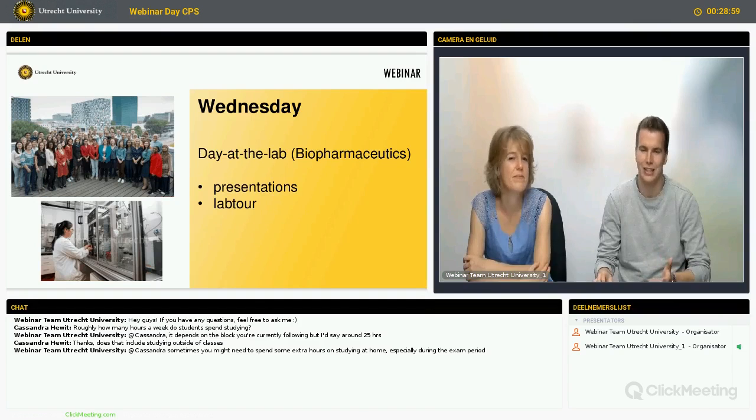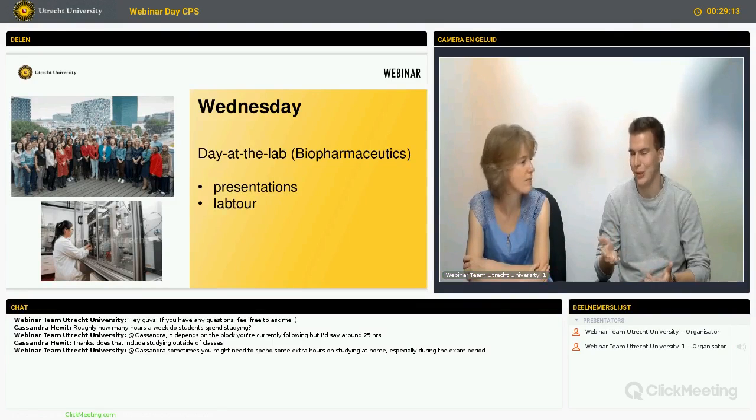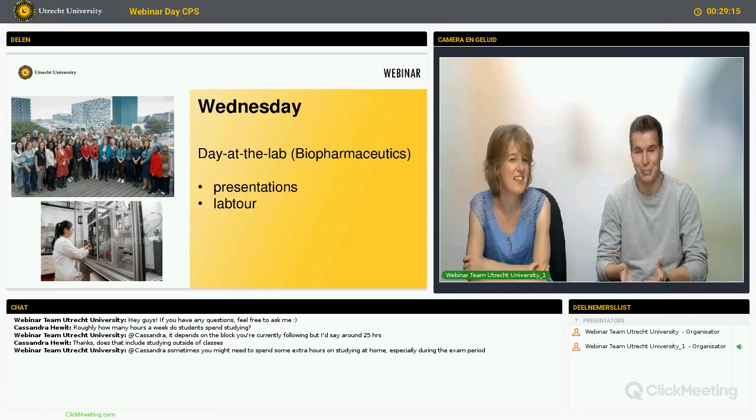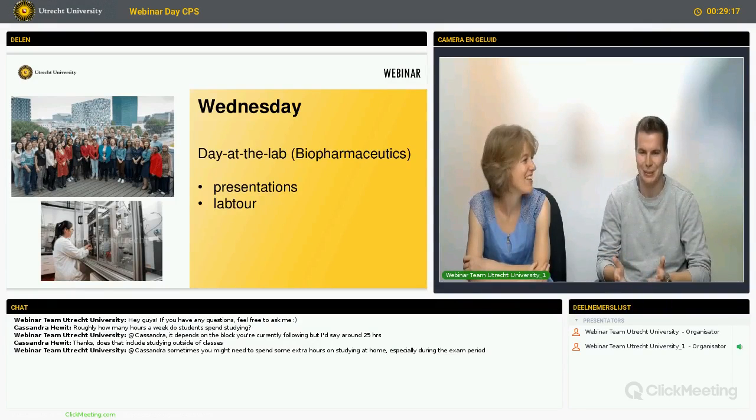The Wednesday will actually probably be a lab tour and presentations from various researchers within the group about what's actually going on now. Mm-hmm. So you get to see how they work, how they lay out their workspace, how they work on a day-to-day basis, because they are people too. That's maybe nice to know, and really get the experience of what it's like to be a drug researcher, first-hand experience.